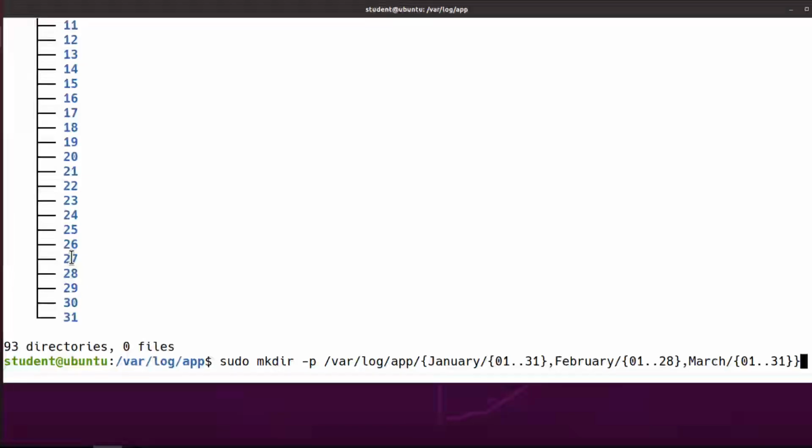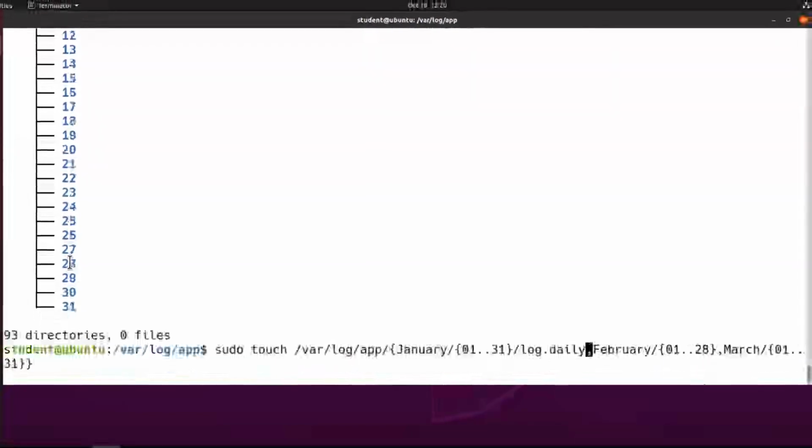Now, I'm gonna run another command with a brace expansion to create a log file in each directory. This is simple. I'm running touch instead of mkdir with the same arguments, but I'll add the file name at the end. So touch, and I'm adding the file name log.daily for January, another one here,